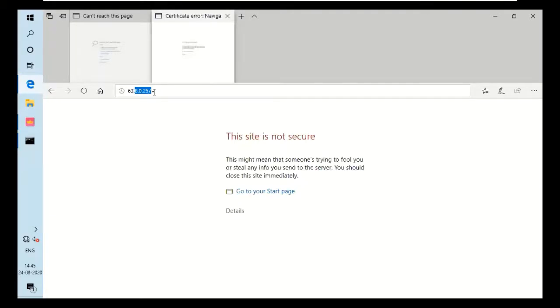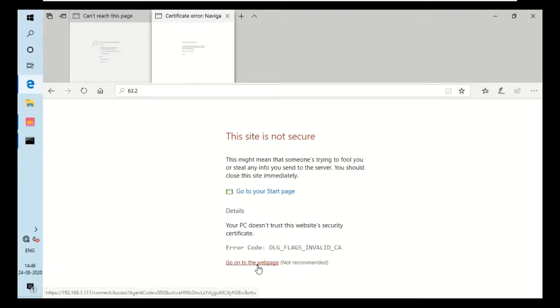As you can see, this site is not secure because I don't have the fingerprint. That's why it's not secure. So I will go for details, and then I will proceed to this web page, meaning it will forward it to the web page. And if I hover over it, as you can see at the bottom left corner, we have 192.168.1.111/connect, which was our web captive portal's IP.